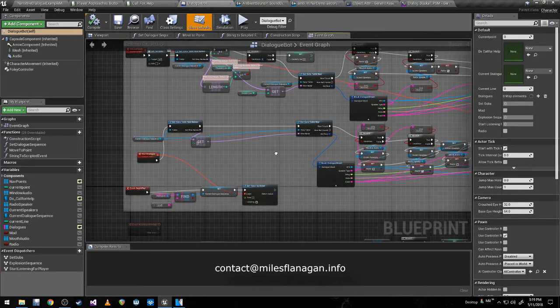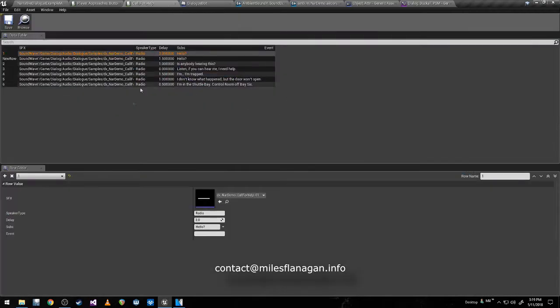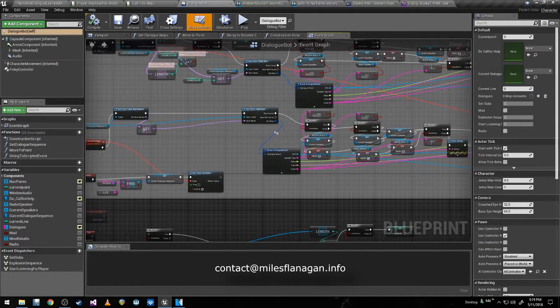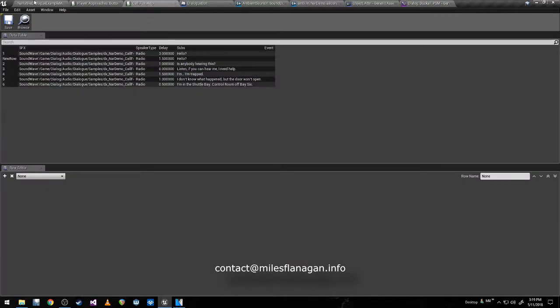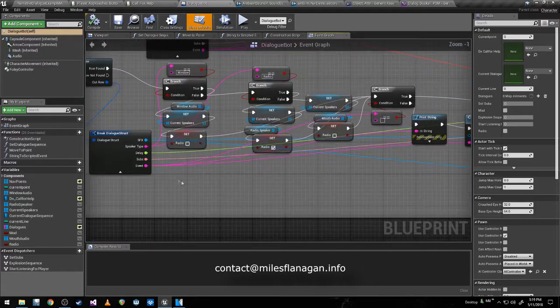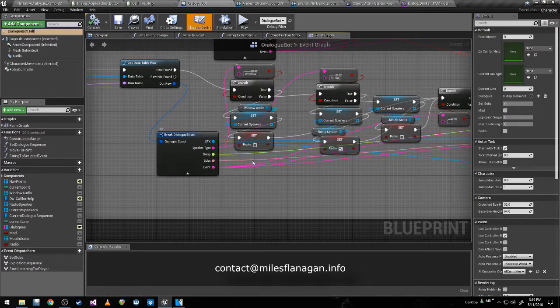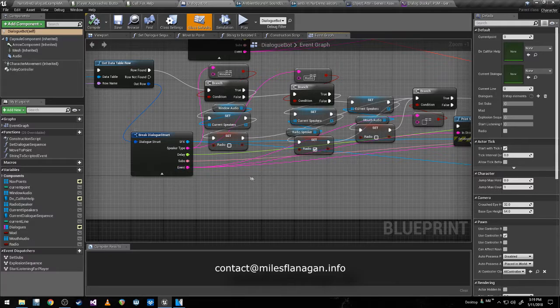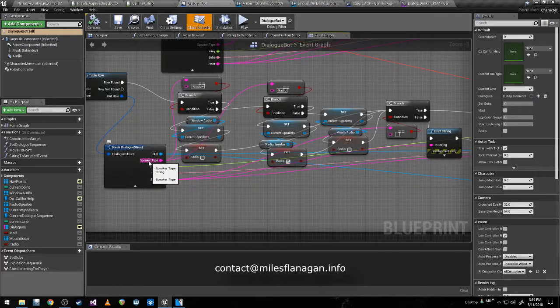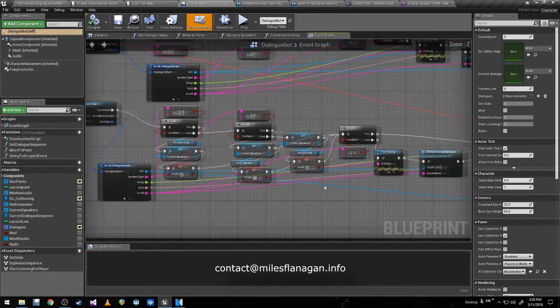So basically what it does, I have all the dialogue segmented out into these data tables right here. This makes it really easy to edit everything in Excel or Google Sheets or something. Super easy to just batch edit everything. What it does basically is grab the correct row for the table for whatever line you're trying to play. It grabs all the important stuff, all the different variables, breaks it out into which sound effect it is, what the subtitles are, if there's an event, a delay if you want to space the lines a little bit more, and who's speaking it, where it's coming from, that kind of thing.